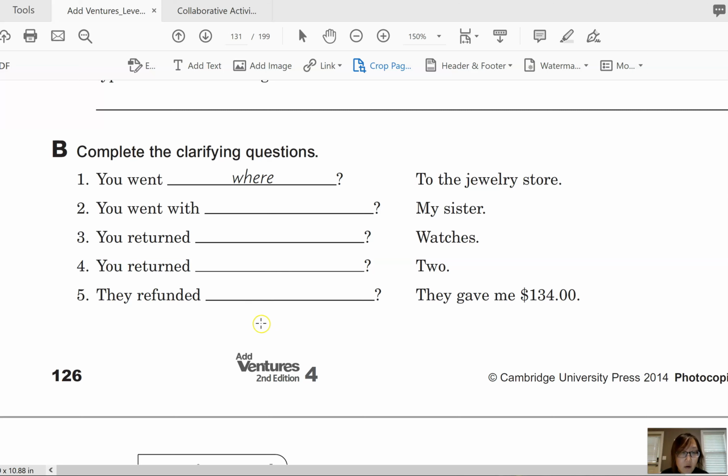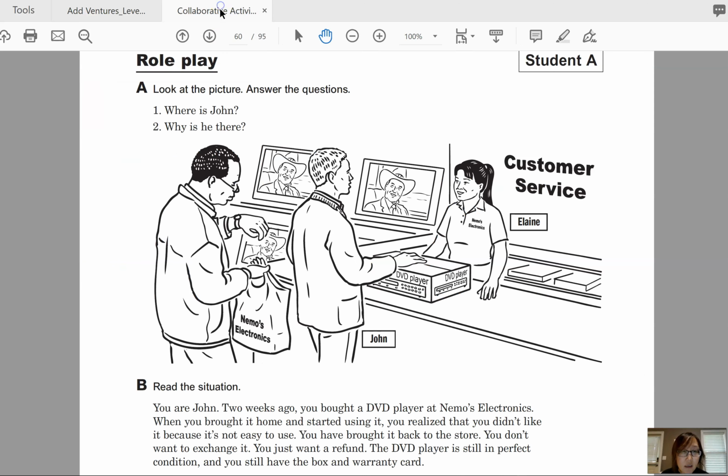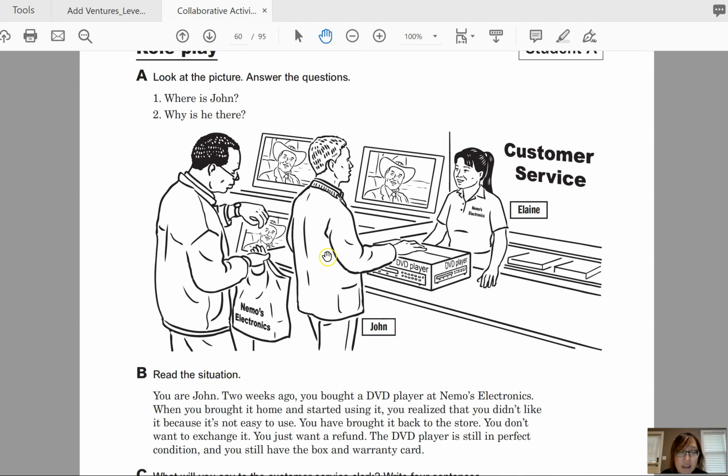Okay, so we are going to look at another worksheet here. This is actually a review of lesson A. So if you remember, we listened to a conversation of Rosa returning a camera because she didn't really like it and she thought the screen was too small. So I mentioned also in our last lesson that you will probably experience a situation of having to return something or exchange something. So let's take a look at this